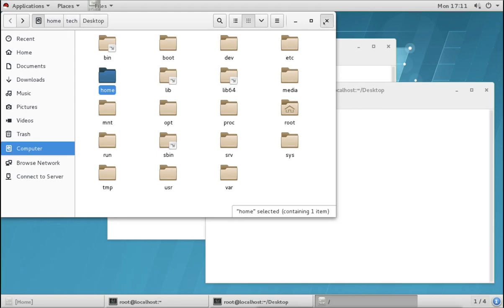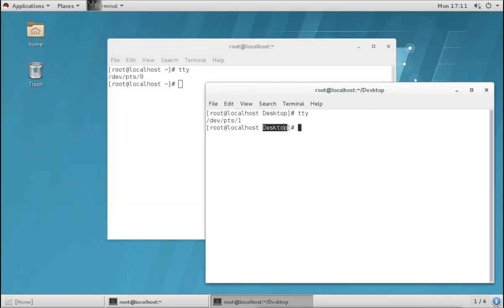But in the command line, what we are seeing here is only the name of the directory, we are not seeing the path. We don't know where this directory is in the file system. So to know the absolute path of the present working directory, we use the pwd command. This pwd command means present working directory. When we run this command, it shows the absolute path of the present working directory. It shows that this directory desktop is under the root user's home directory, and that root user's home directory is under slash. So we now know this is the absolute path of the present directory.